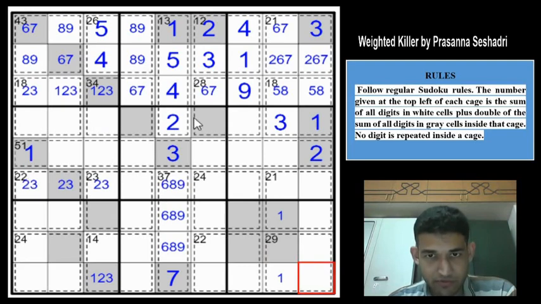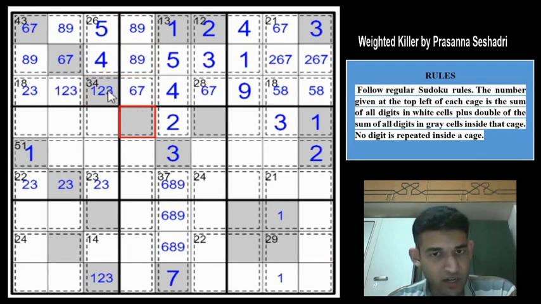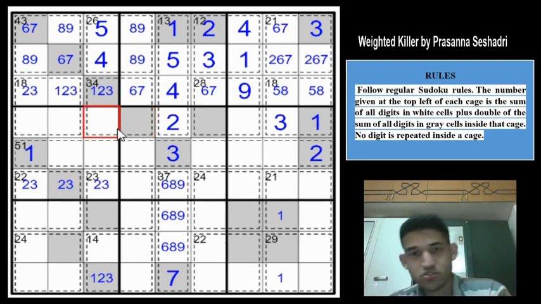We have a 34 cage, right? And it appears very restricted, right? Because 8 and 9 is here. This value is also restricted. So let us try putting the minimum values again, as I said before. So the minimum value here would be 1, and that becomes 2. So you need 2 plus 7 is 9, and we need 25 from these two cells. Even if you had to put the 7 here, you will get a 14, and then you need 11 more from this cell. So minimum is not working.